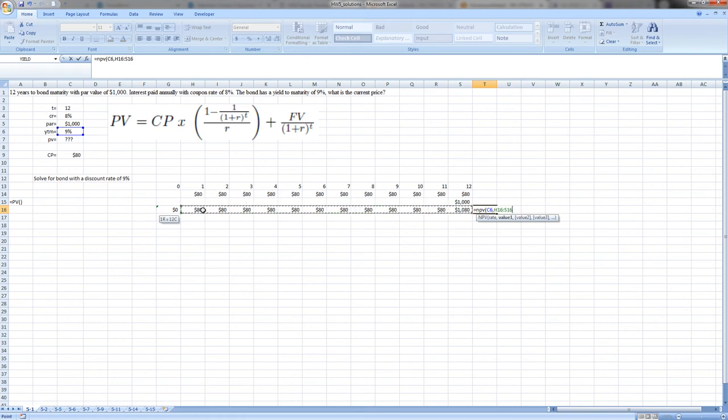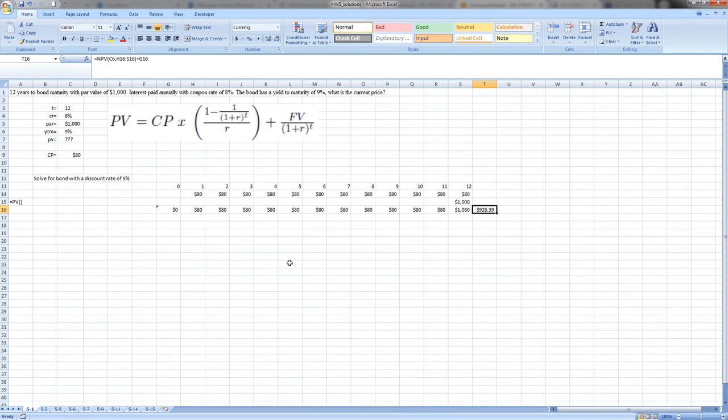And then we would add back in our values, close, and then what we have to do is add back a negative value for time 0. So right now this is obviously not going to work. What we can see is it's actually worth $928. So that actually right there tells us what the present value, or what that bond would currently sell